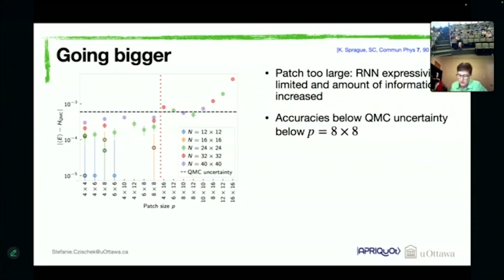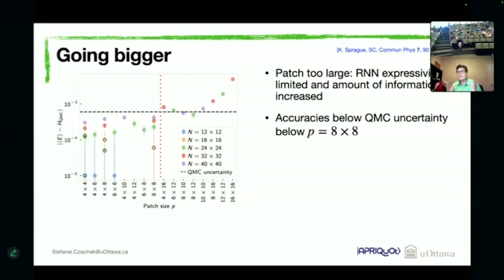And this is because at this point, we reached the limitations of the RNN expressivity again. Because now our patch is pretty large, so when we use the RNN, we still need to capture pretty long correlations when we break everything down in these 2x2 patches. And so we again run into the limited expressivity of our RNN. But if we stay below something like 8x8 input patches, everything works really well. We have very high accuracies, even for these 40 by 40 atoms.